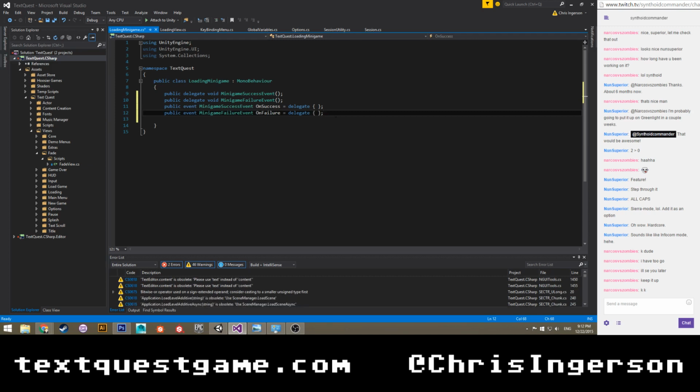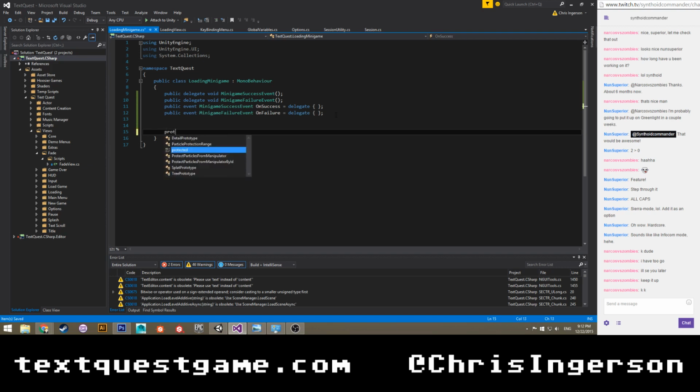So I just made two delegates, well, two events. And for those of you who have never used them, they're actually a really, really nice feature for having multiple things fire whenever a specific thing happens. So in this case, I'll have something happen whenever the minigame is either completed or failed. But the object firing the event doesn't have to know what's listening to it. It just says, hey, here's an event, and whatever's listening will do its own thing. It's a very nice way to keep things separated without having to have references to everything.